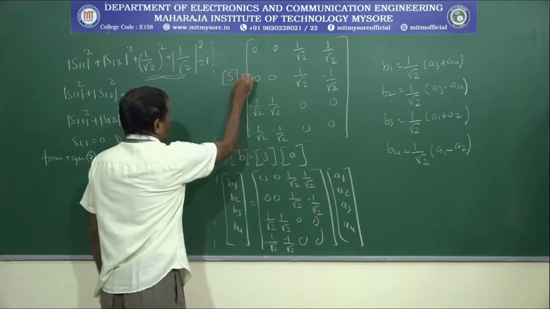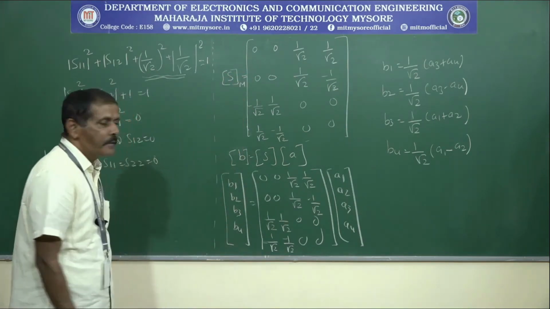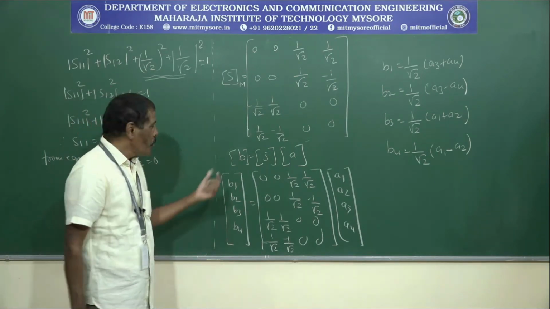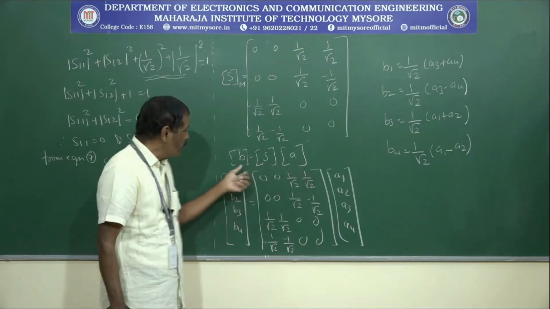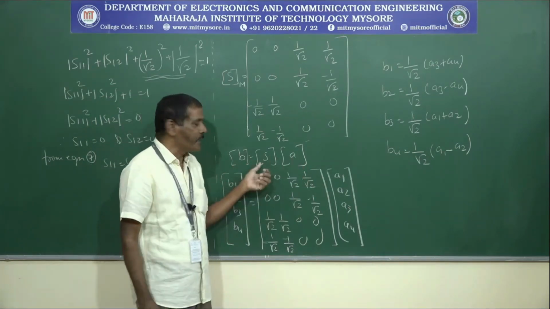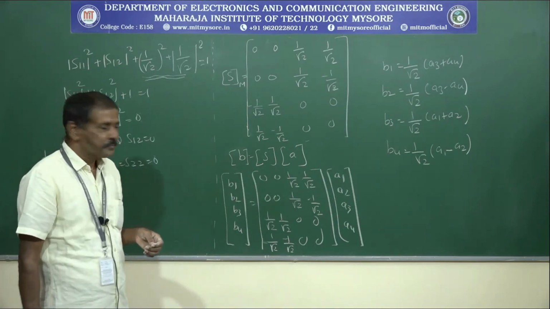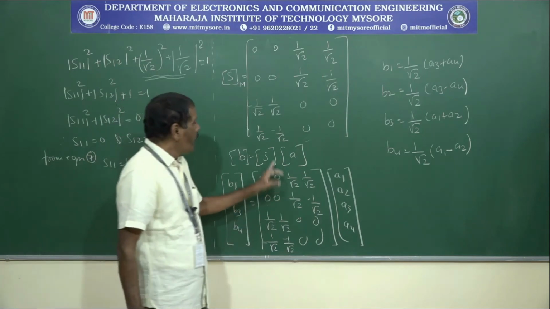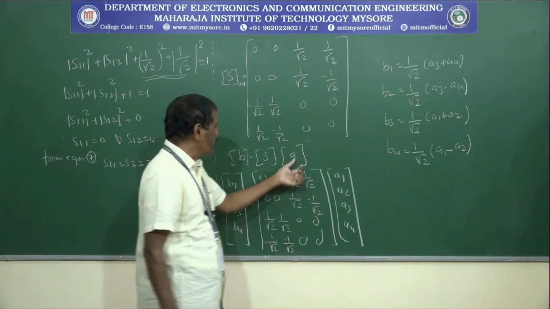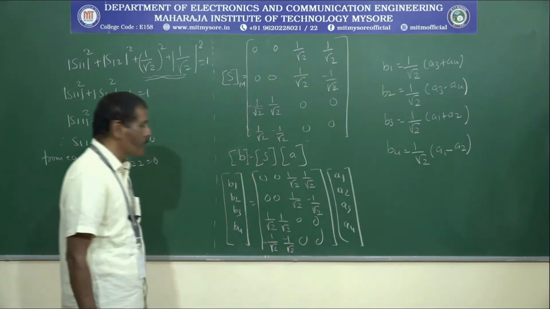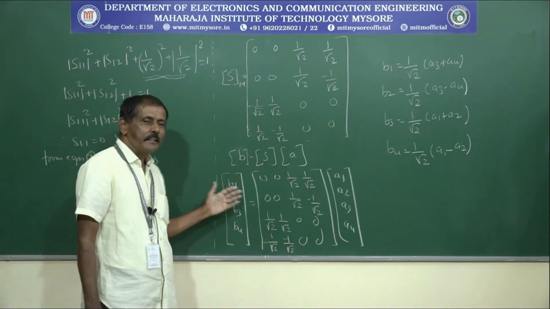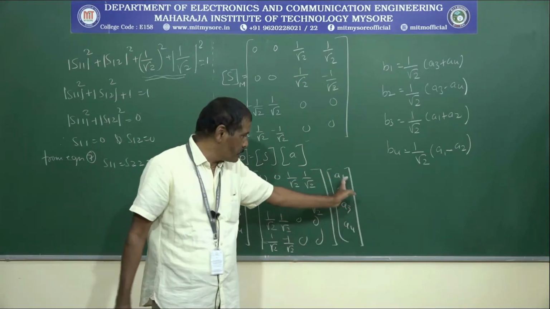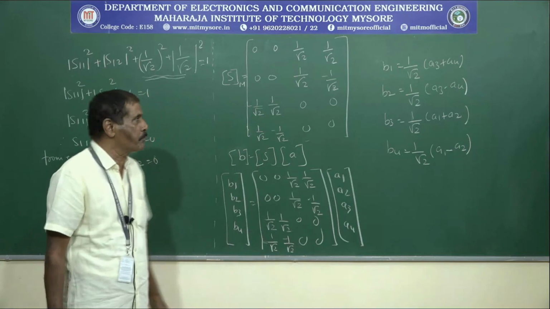That is for the magic T. And from the basics of S parameters, we know that B is equal to S into A, where B is the output, A is the input, and S is the scattering matrix. Now I am writing B as B1, B2, B3, B4, and this S matrix as it is here, and A equal to A1, A2, A3 and A4. Then we get the outputs B1, B2, B3, B4 depending upon whatever input voltages A1, A2, A3, A4 you are applying.